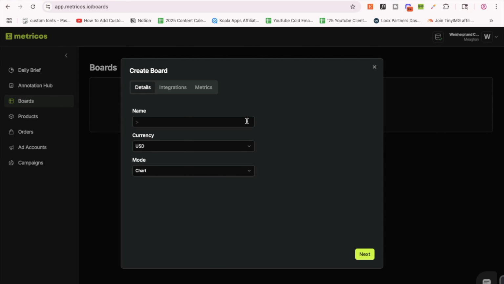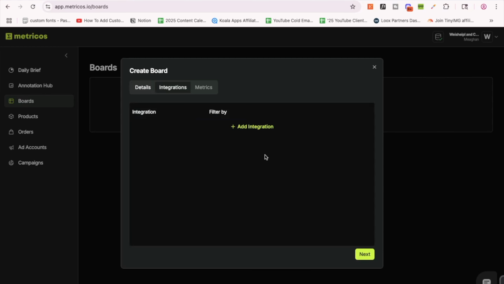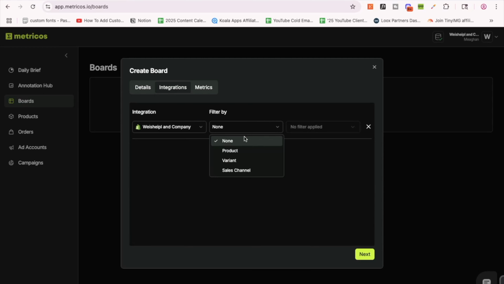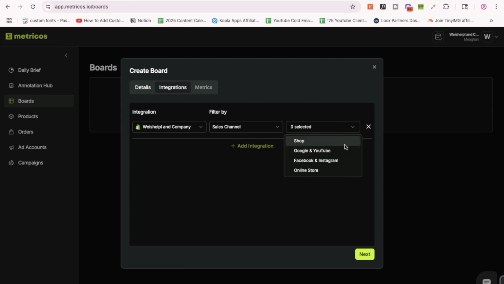You'd give your board a name, select the currency that it's in, and you can even choose between a chart or a table. To start creating the board, you would click Add Integration, and then you would select what type you want to see on this particular board. Let's say sales channel. You would come over here and you could select whatever sales channel you want for this particular board. So you could have a board that is specifically dedicated to Google and YouTube, or Facebook and Instagram, or if you just wanted to see all of them, you can just select all the different sales channels that